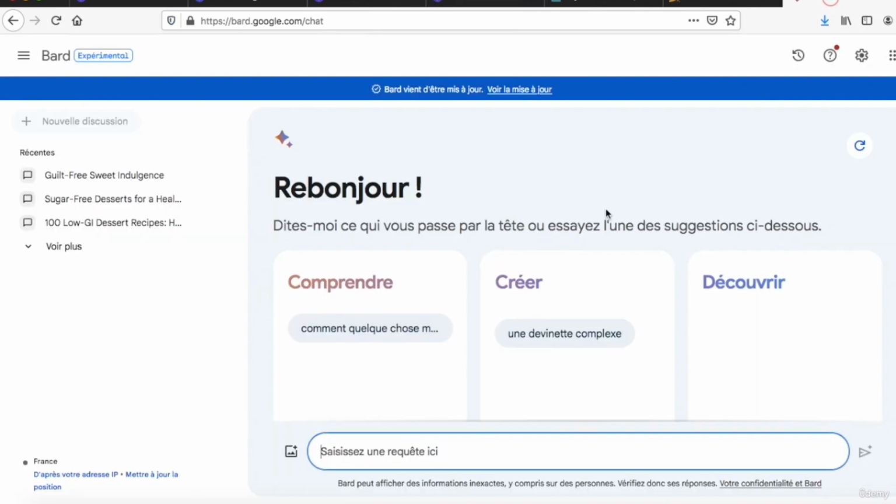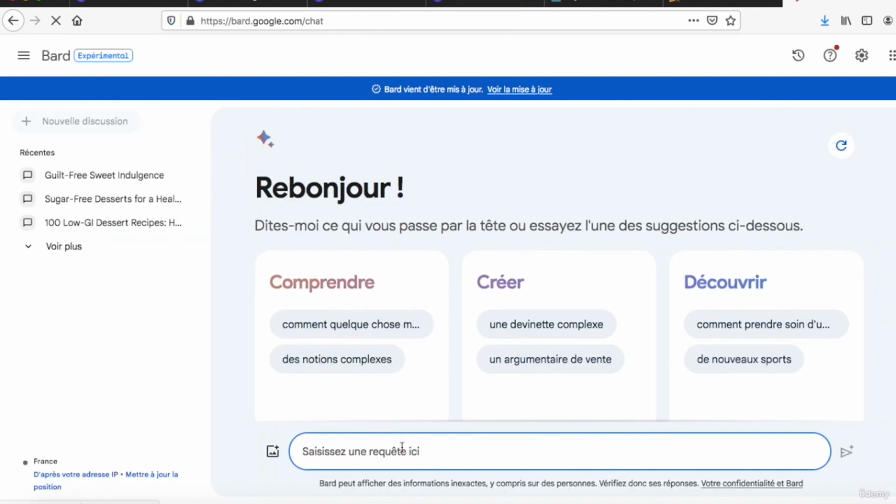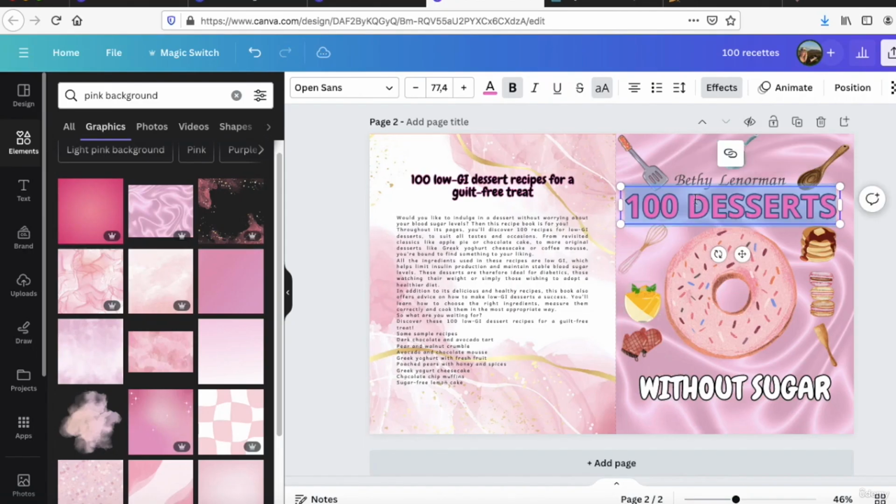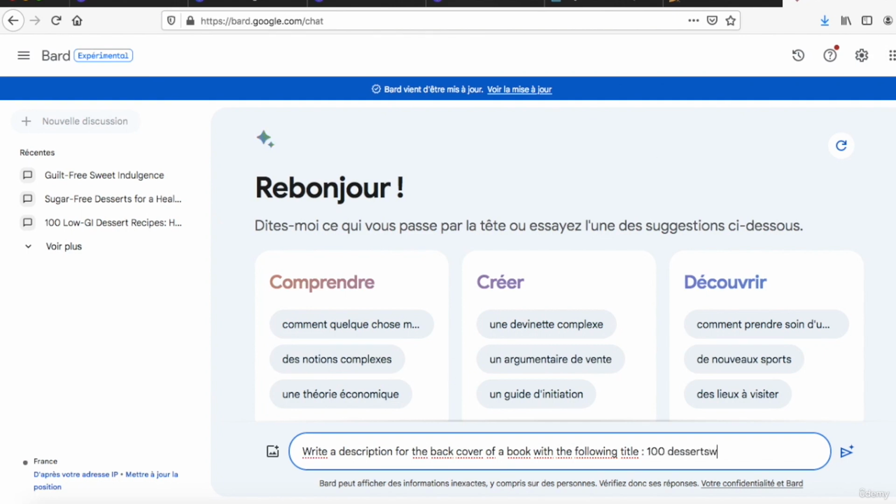Okay, so I will ask Bard or ChatGPT, if it works from your end, write a description for the back cover of a book with the following title. I will copy paste, without sugar,